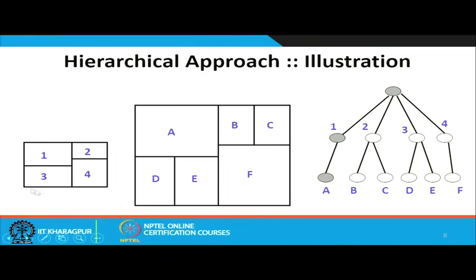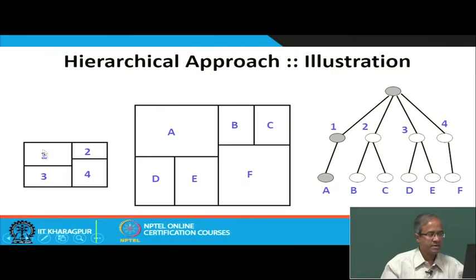Let us say initially the total routing problem can be divided up into 4 sub problems with respect to the regions on the layout surface. This is similar to partitioning. In this method, we are using partitioning and routing in a hand in hand way. So, 1, 3, 2, 4, then again 1 in the next level can be mapped to a block A, 3 can be mapped to 2 blocks D and E, 2 can be mapped to B and C, and 4 can be mapped to F. So, this can be represented by a graph like this, where each of these nodes represents